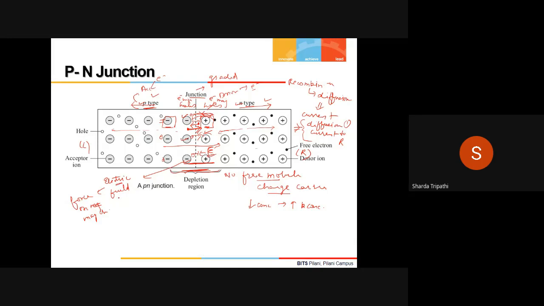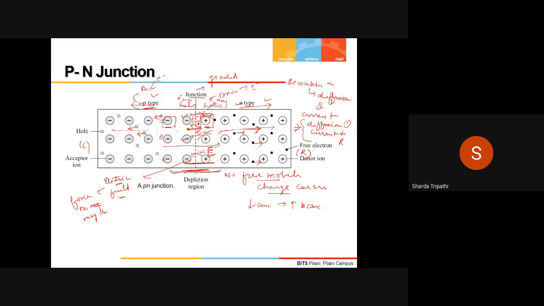Because of this electric field, which has been created here due to the ions, the electrons in this N-type are pushed towards the right. So these electrons will be pushed towards the right, whereas the holes will be pushed towards the left. Or instead of push, we will say drift, because this is the word that actually will define another type of